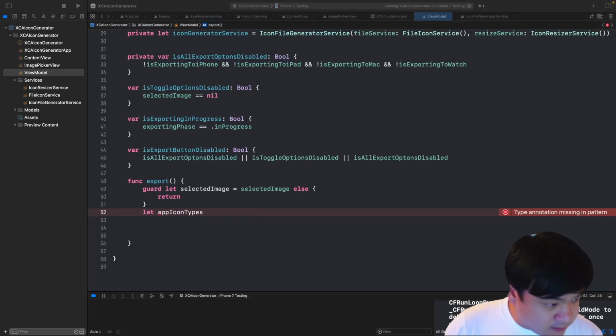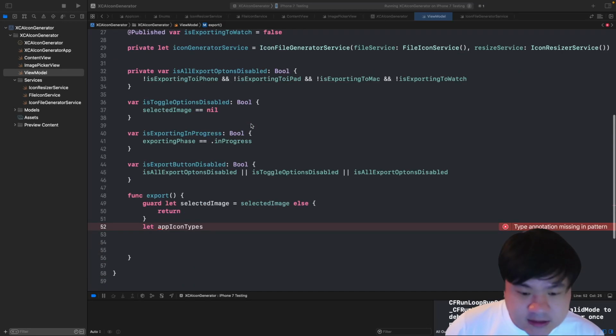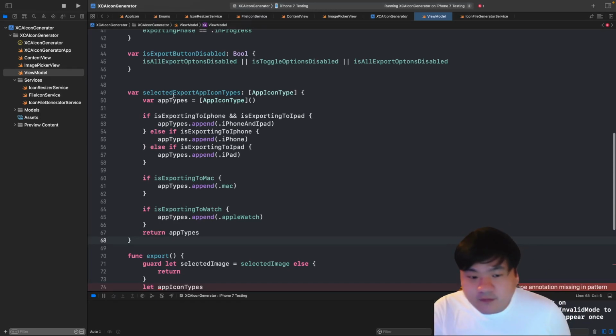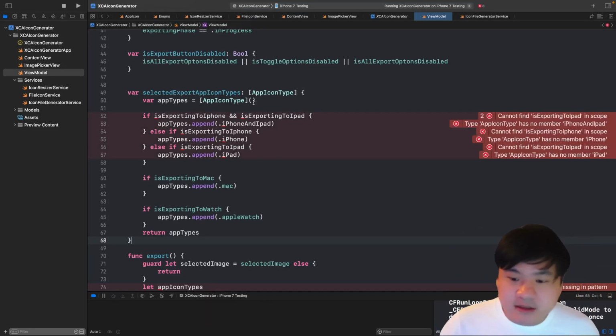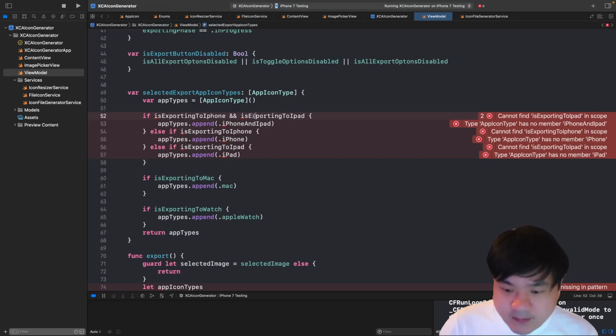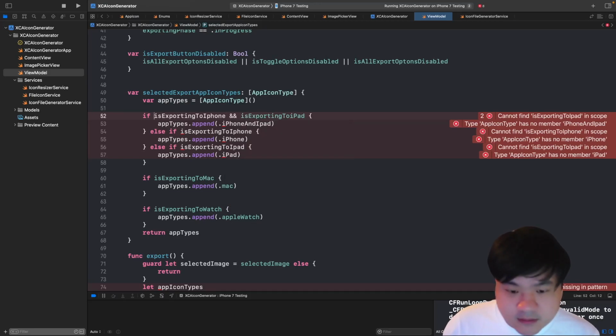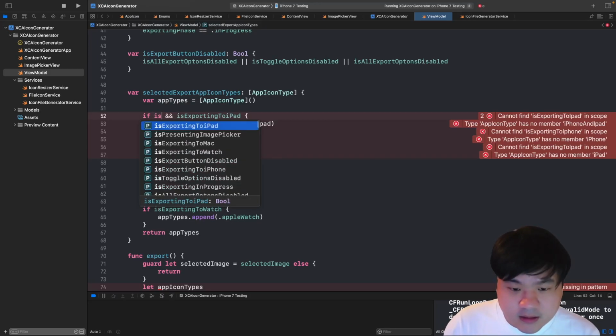But before that, I'm just going to create a computed property to get the array of the app icon type. And let me explain it to you. So here we have the selected export app icon types that is an array of an app icon type. Looks like the name is different in the project that I